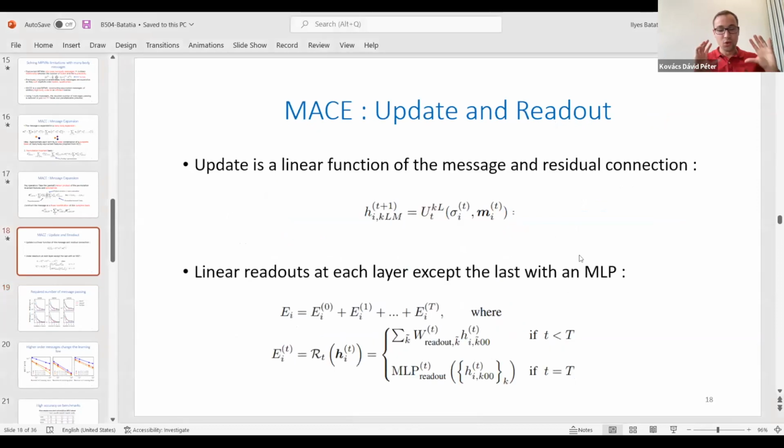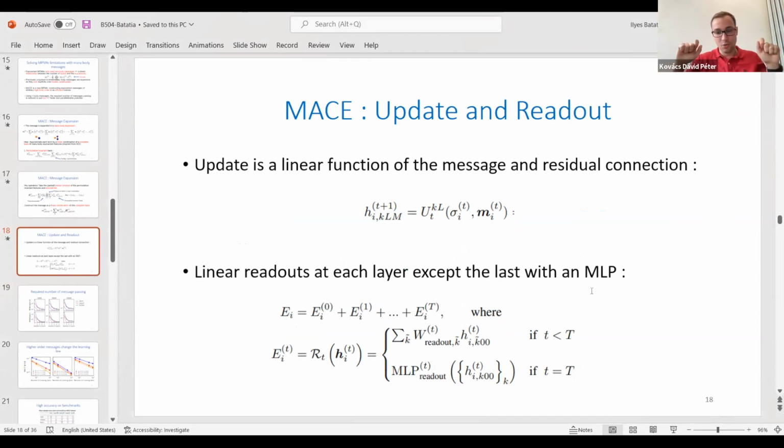Yeah, but maybe I can just address very quickly the question in the chat. So the question is basically asking that if we have a four-body term, and there are more than 3 atoms, so more than 3 neighbors, then how do we select? And I think this is super important, that what we don't do is we don't actually sum over all of the three neighbors.